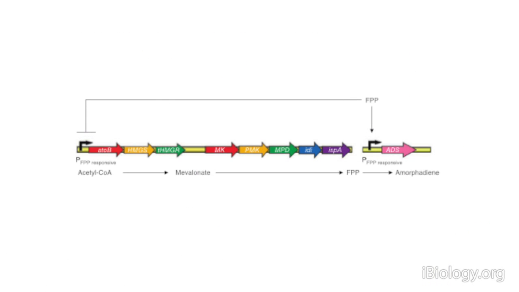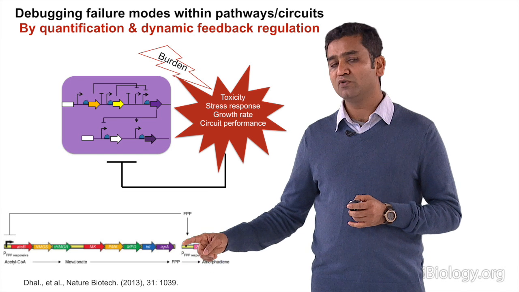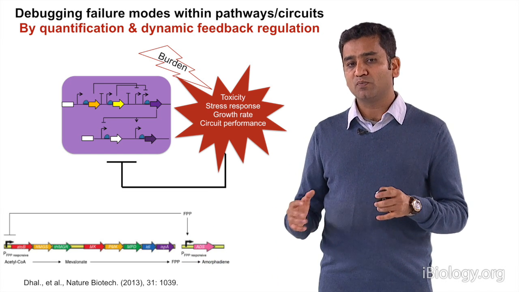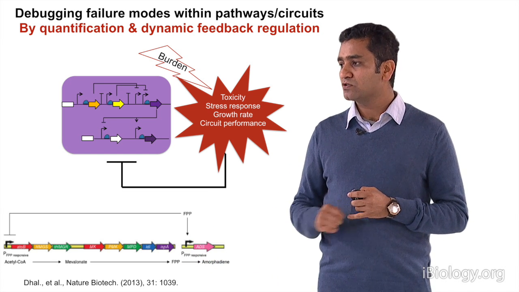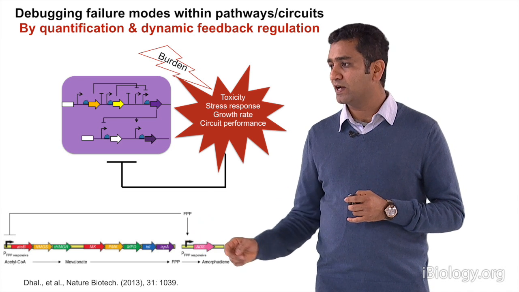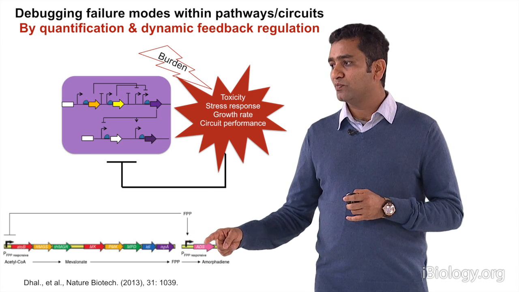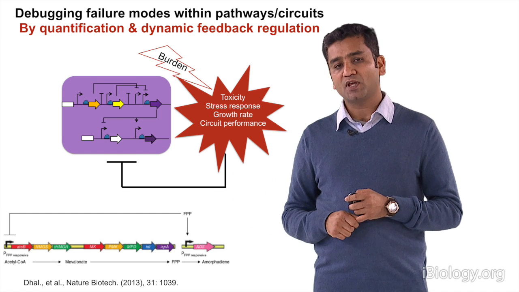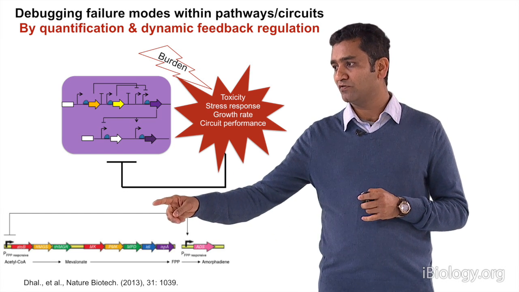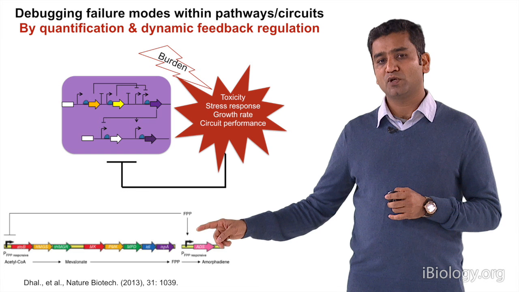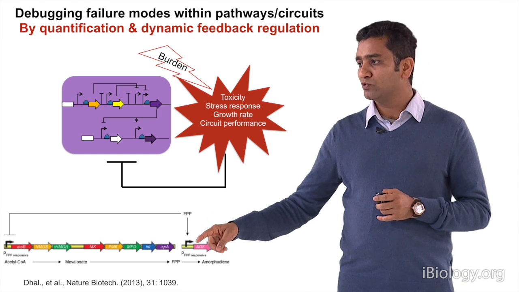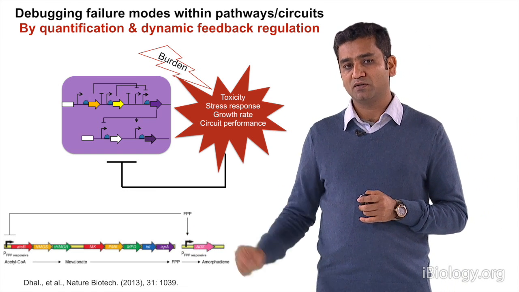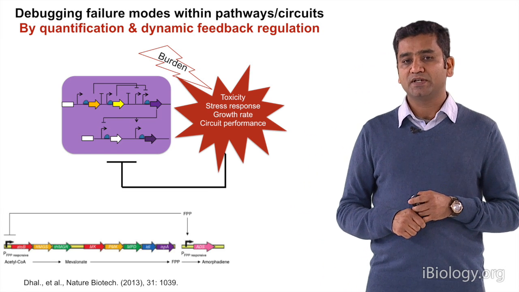acetyl-CoA can be converted to mevalonate and then to FPP, which is toxic to the cell, and FPP goes into amorphadiene. They found that if you remove FPP from the larger pool, you can reduce the stress levels. So they found FPP-responsive promoters, and they used those to down-regulate the upstream promoter of the pathway and activate the downstream promoter. This way, you can bring FPP from a toxic level to much better, physiologically relevant levels for the cell.